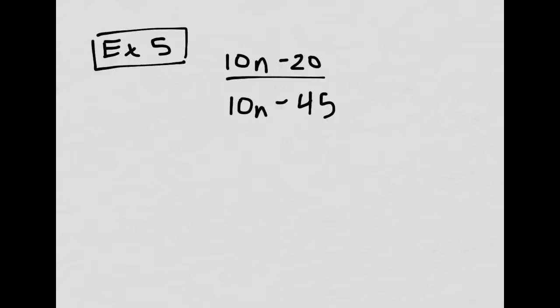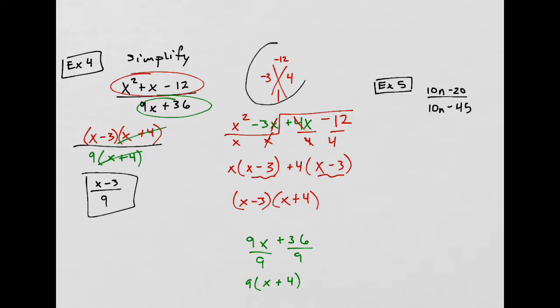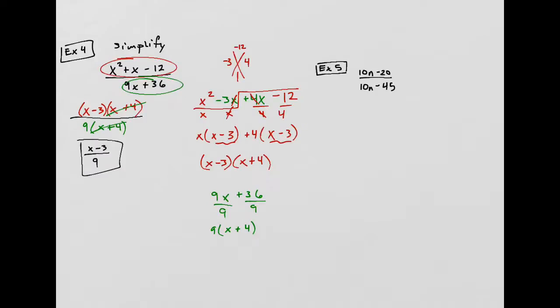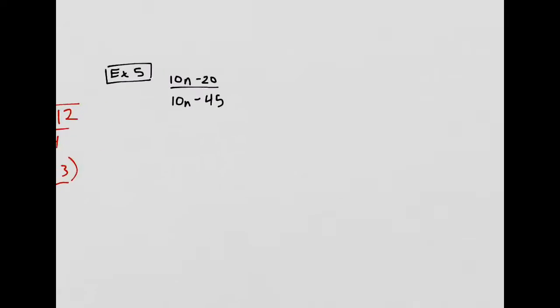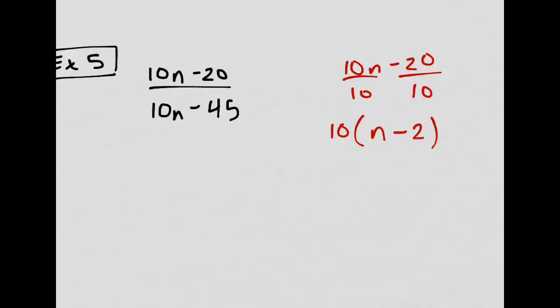So on this one, there is no quadratic term, so we don't have to use the x method. It's only binomials, so I can just factor out a greatest common factor, a GCF. So 10n minus 20. What can I divide by? I think I can divide by 10 to both of them. Whatever I divide by goes on the outside. So I get n minus 2. So in the top, it changes to 10, parentheses, n minus 2. And then in the bottom,